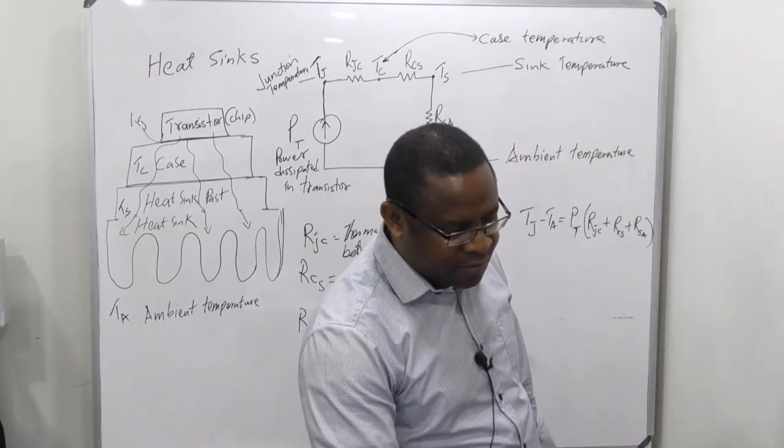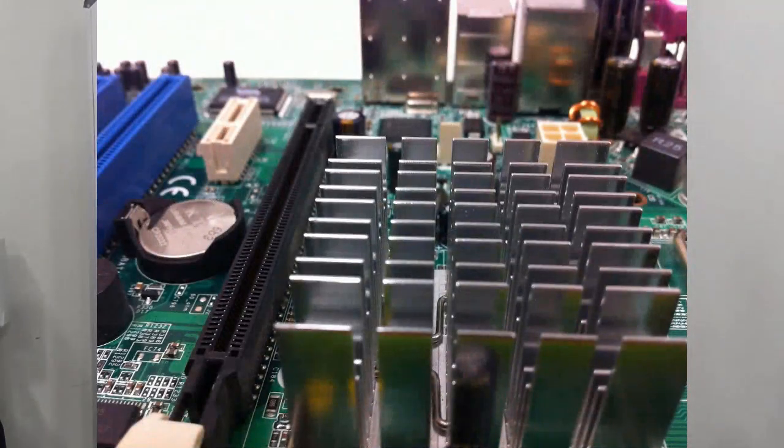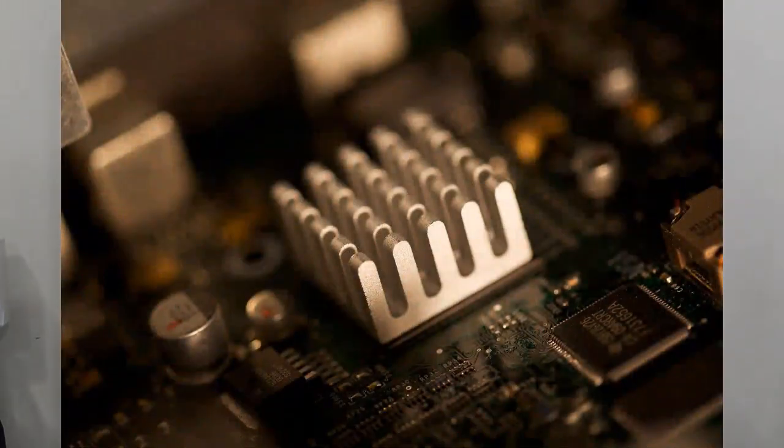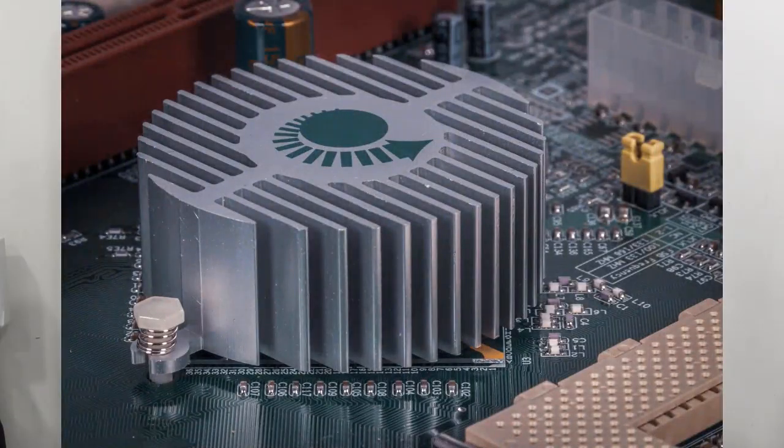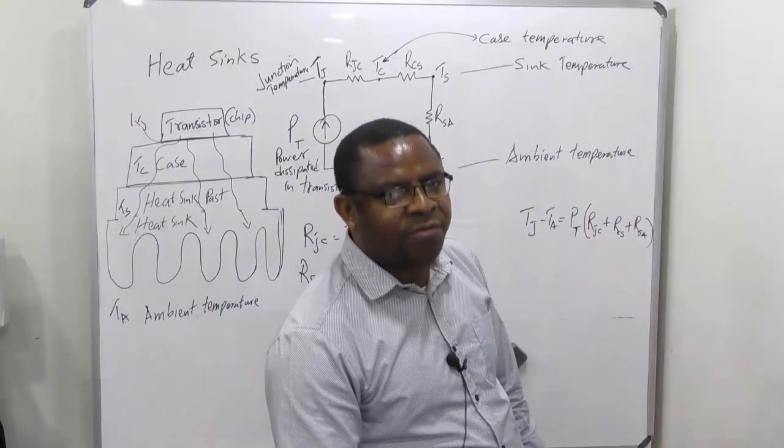If you check here, this is a typical example of a heat sink. So this is a heat sink, or this one. If you look at this, it's a typical heat sink which is used to dissipate excess heat from the microchip. And we have this also. All right, it's a heat sink. And this is also a heat sink. All right. So now,